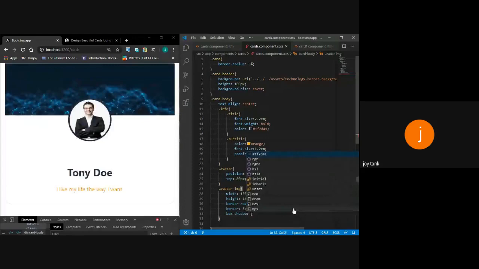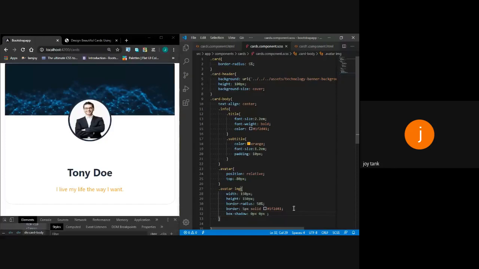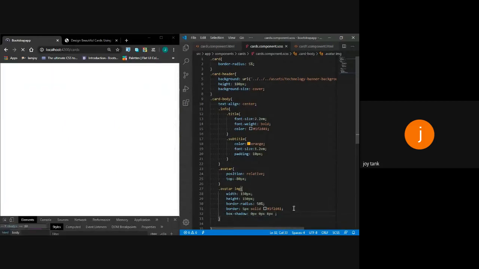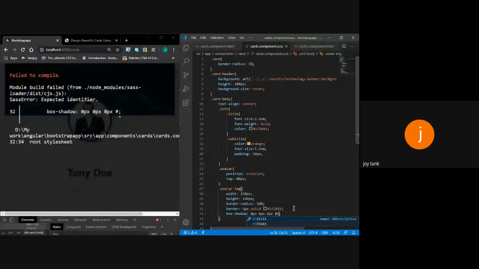I don't want to place this box in a horizontal offset, and also not in a vertical offset. I want the blur radius to be 8 px and a color of #1f.